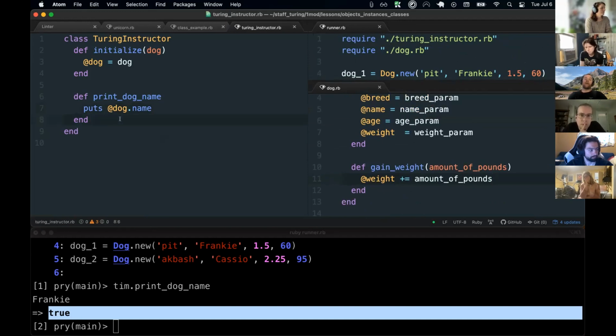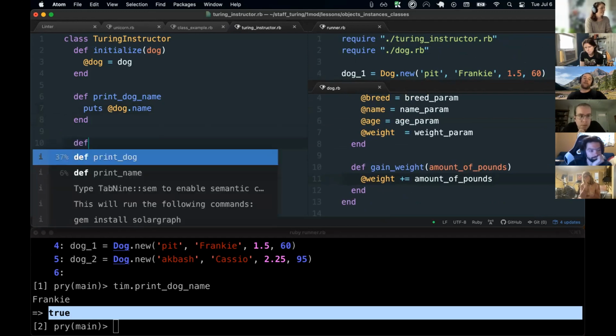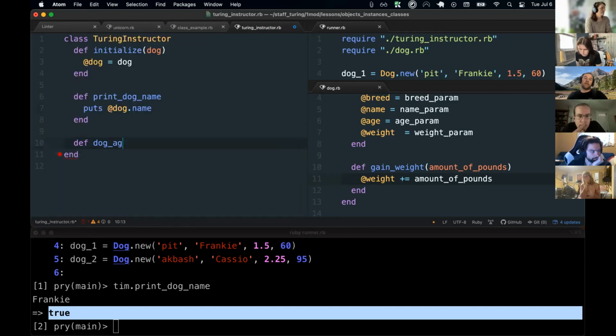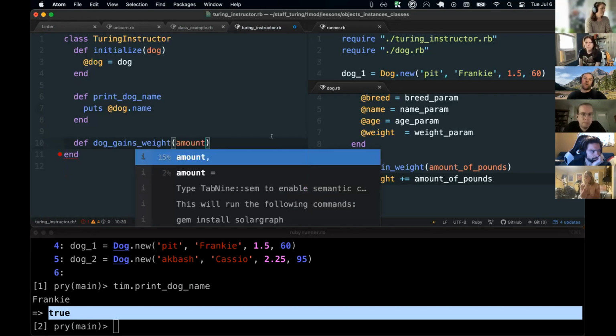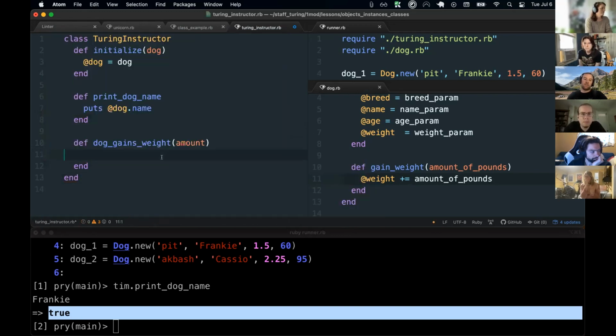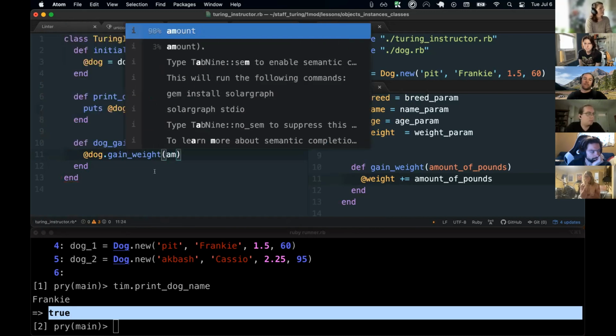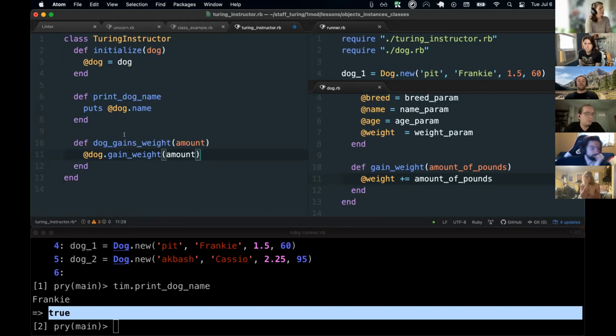So now in this Turing instructor class, I could say def dog_gains_weight, and I can pass in a weight amount here. And now because I have access to this dog, I can say @dog.gain_weight and pass it the amount. And so essentially what happens here,